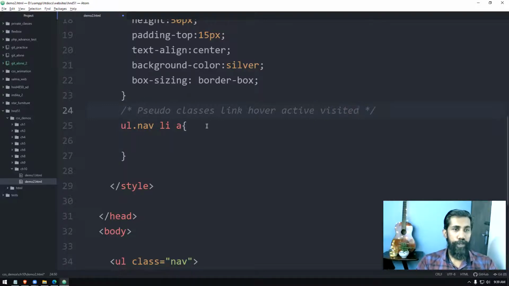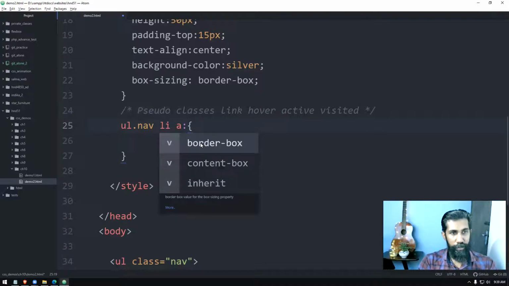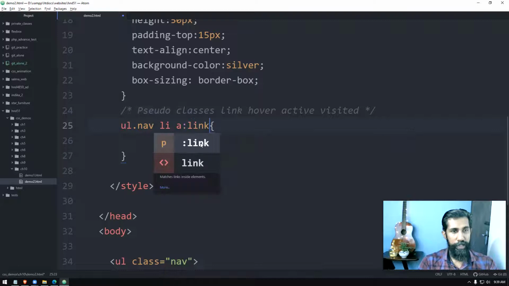There are 4 pseudo classes available for a link, which means how the link appears once the mouse pointer comes over, how it should appear once you're clicking and holding, and a visited link, how it should appear. Visited links, usually they are displayed in purple color, right? So I'm going to write like this, colon, and I will type link.